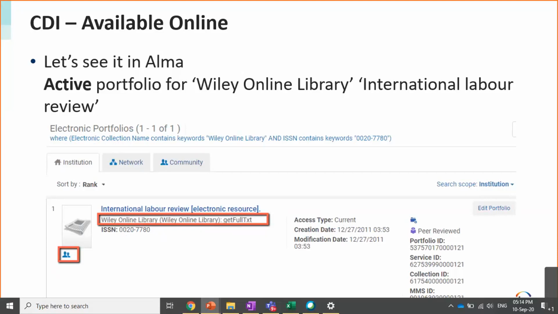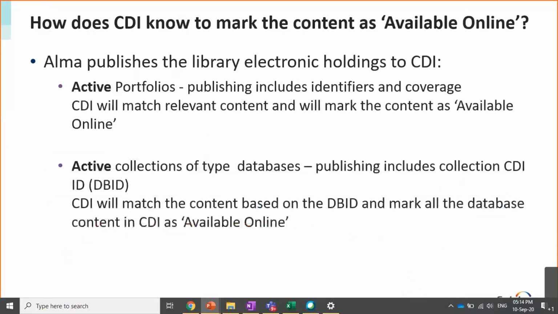So how does Alma communicate this information to CDI? We communicate this information to CDI using a publishing mechanism that we have in place. The publishing mechanism in Alma collects all of the electronic holdings that you have in Alma, which are active and available, and it publishes all this information to CDI.